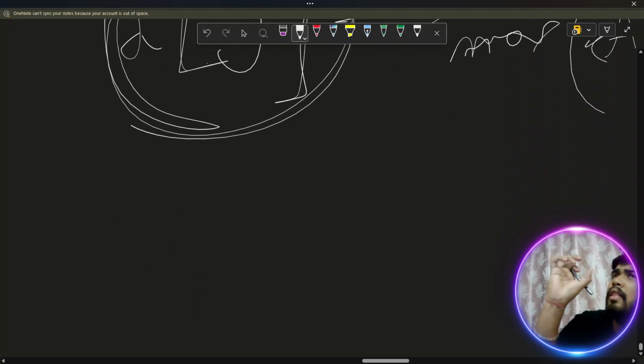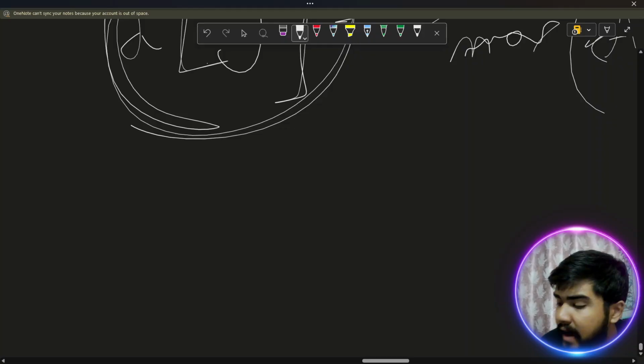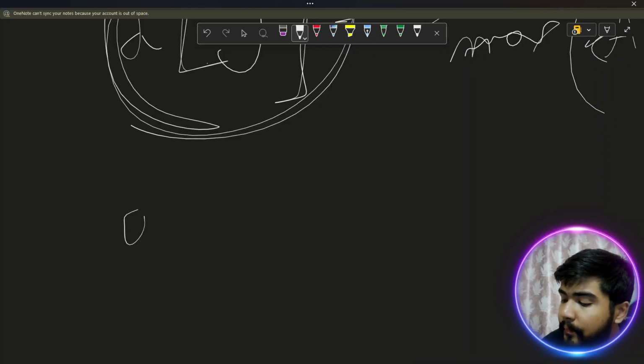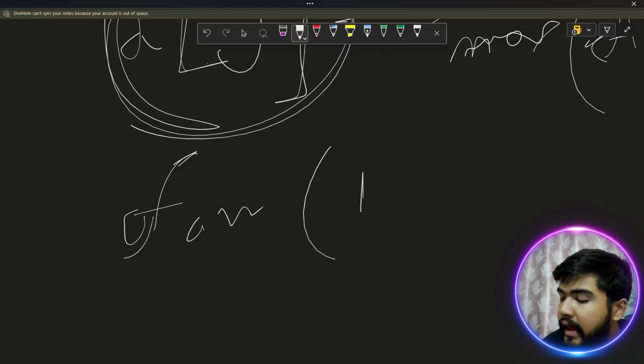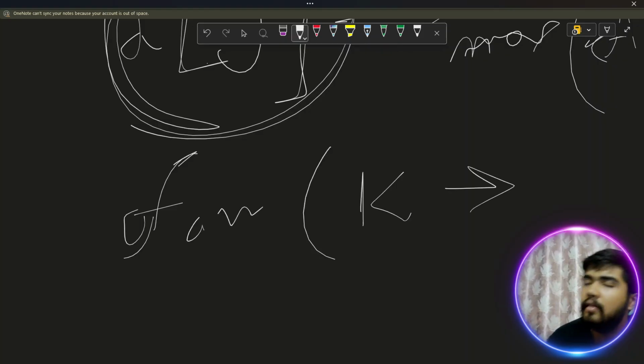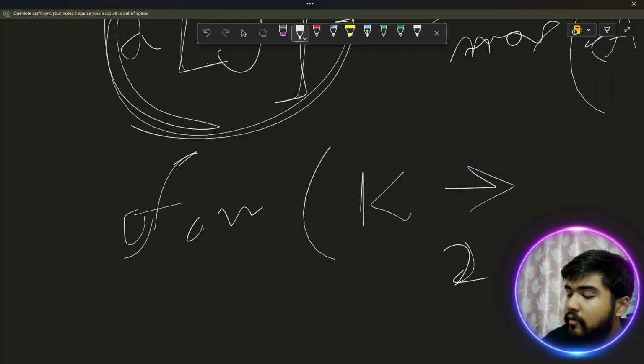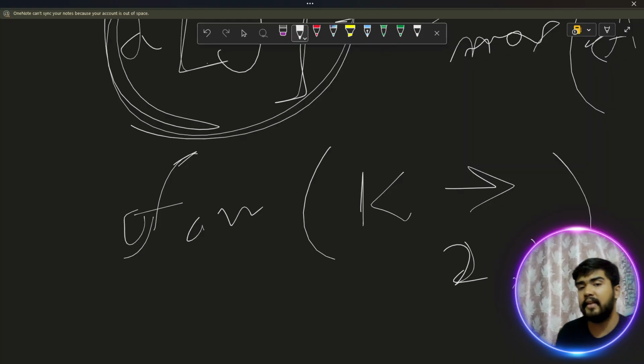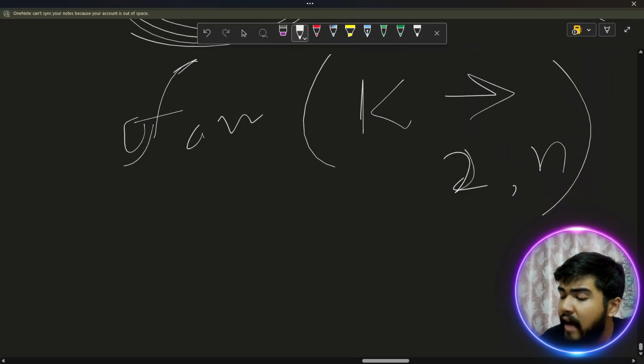So we know all the gaps. And now we can run a k loop. K should start from where? At least where? 0, 1, 2. It should start from the 2nd index, and it will run till the nth index, right? It will run till the nth index, and for every index